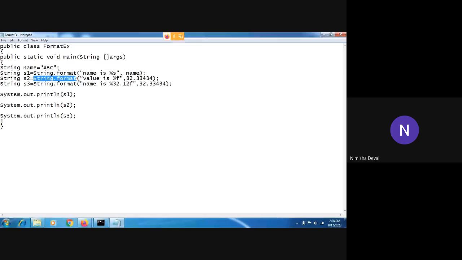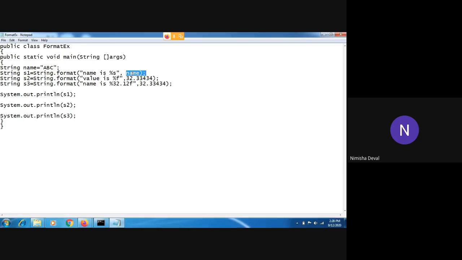And there are two ways to use this. The first one is string format, and you will pass here the string as well as the object. Okay, and another one is the locale, object of a locale, then string format and object. But mostly we use the same process, that is the string format and object name, like we have done over here. Okay, so first I have passed here the statement, and after that I have passed the object.